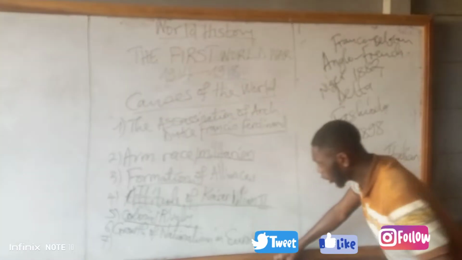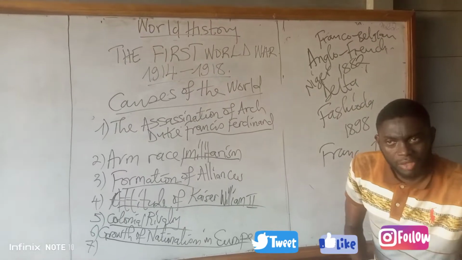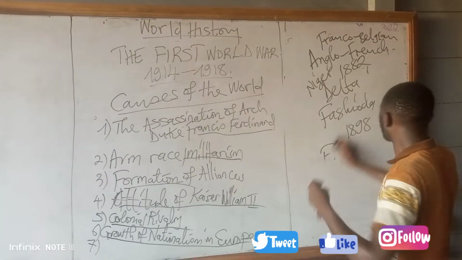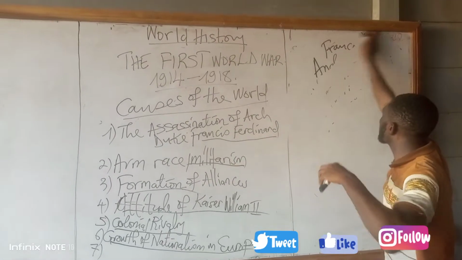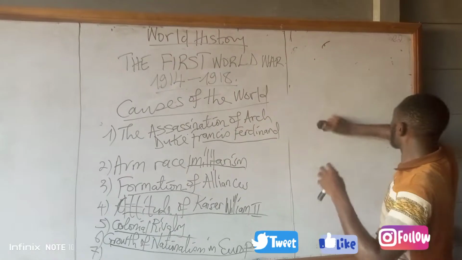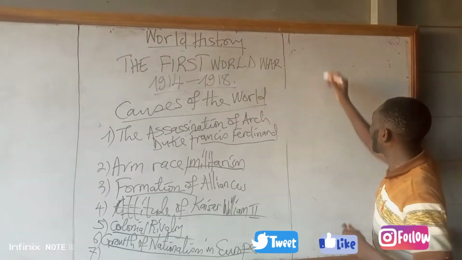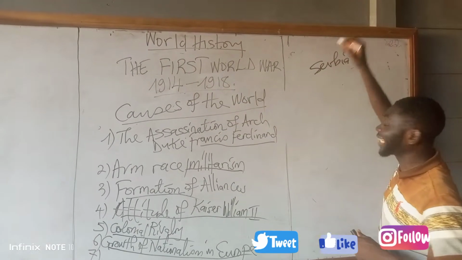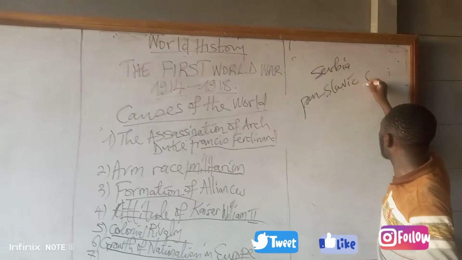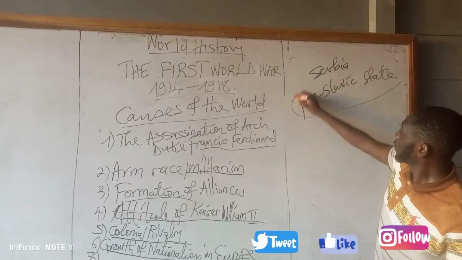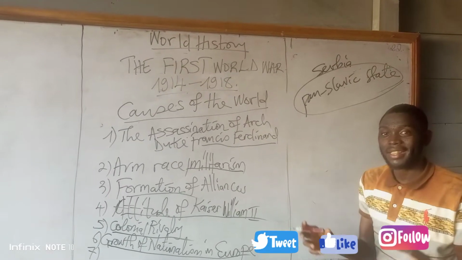Again, we talk about the growth of nationalism in Europe. When we talk about the growth of nationalism in Europe, we refer to the desire of European nations to expand their borders, to annex or colonize more territories and expand their national boundaries. It was because of the growth of nationalism in the Balkans that Serbia wanted to create a pan-Slavic state. This led to the outbreak of the First World War because she wanted to gather all the Slavs in the